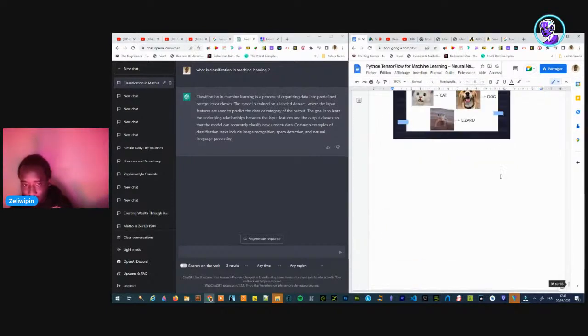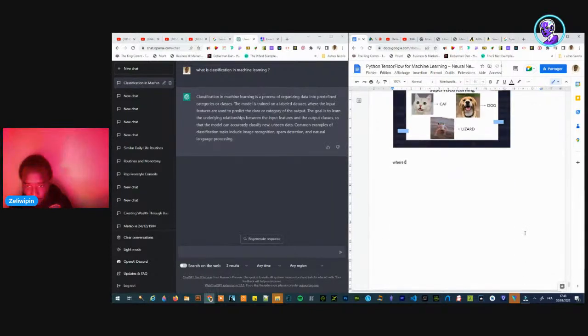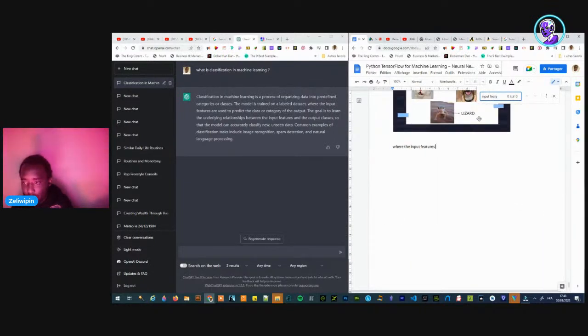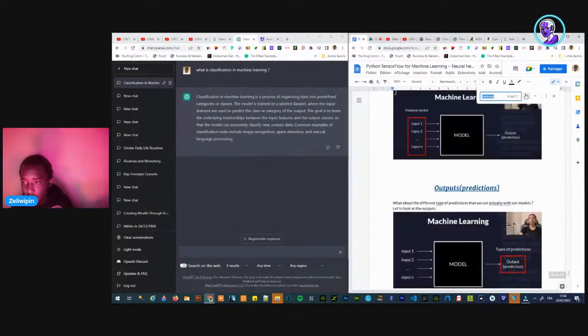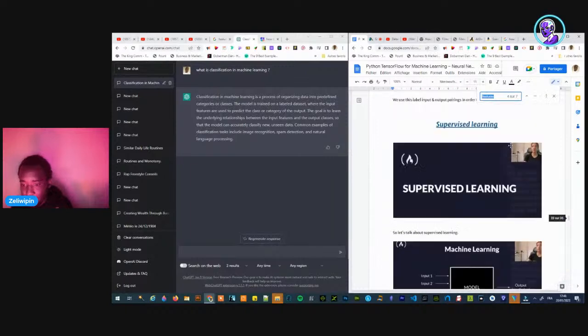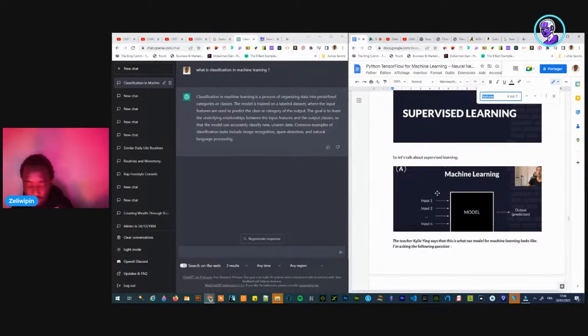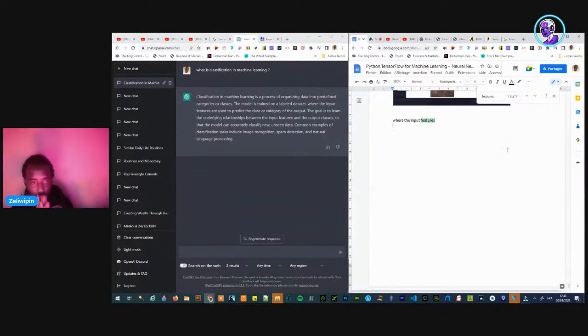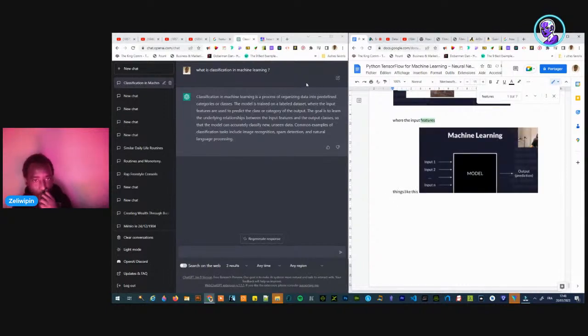Input features are things like this, and I think they are vector inputs.